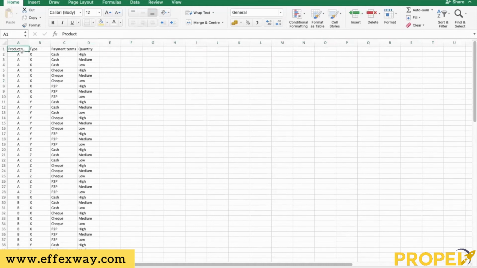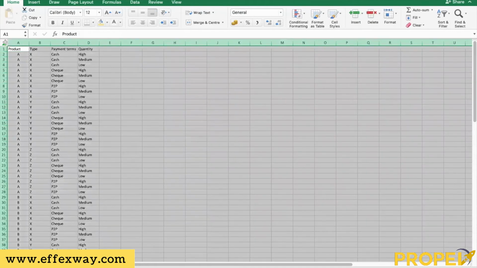Now what I'm going to do is I'm going to click on this section. Now the reason why I'm going to click on this section is because it allows me to select the entire sheet. Now selecting an entire sheet is very important, because when you select an entire sheet and do the next step, in the future, if you want to add more parameters to your decision, or you want to add more products, let's say A, B, C, you want to add D, E, F, you can do that, and you don't really need to